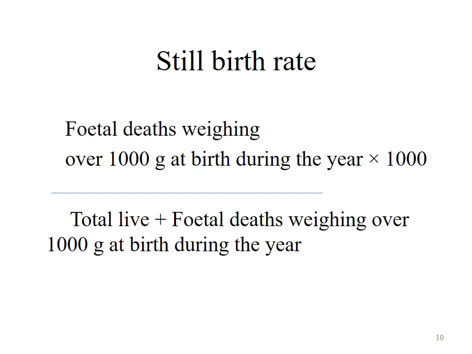Now stillbirth rate is a little bit different. In these, the stillbirths, that is fetus over 1000 grams or fetus which have completed 20 weeks of gestation, until delivery. So if the mother delivers a baby which is already dead, it is also considered stillbirth. So all these fetal losses in a given area in a given year, multiplied by 1000, divided by, now here it's different. Previously we just divided by total live births.